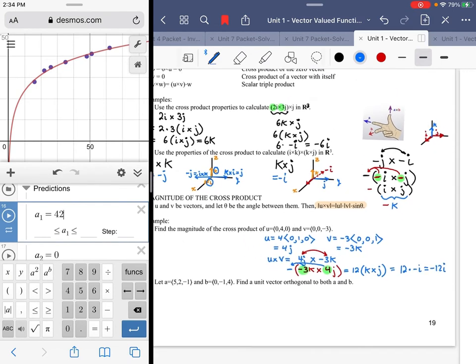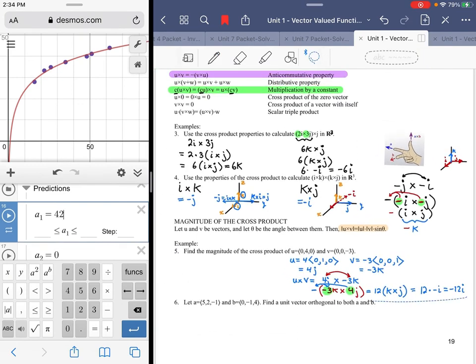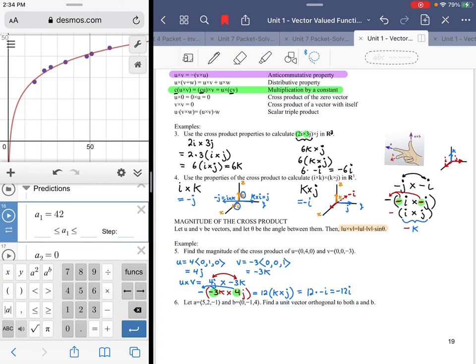And you'd say, okay, well that's wonderful. We want the magnitude of that cross product. Well, this is a scalar multiplier of 12 upon a unit vector of 1. So 12 it is. All right, so the magnitude of U cross V would be equal to -12 scaled upon the magnitude of the unit vector i. So -12 times 1 would be equal to -12, but we want the absolute value of that. So